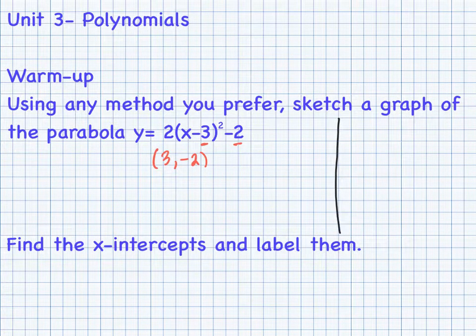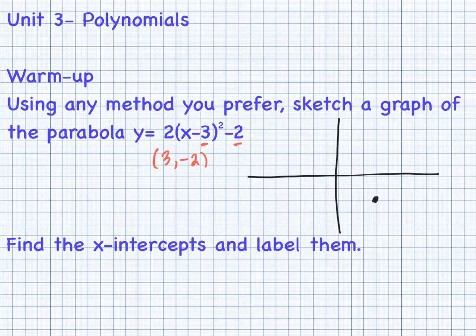So if we have the graph, and we graph the point 3, -2. The only thing we need to look at then is this A value in terms of what that does to our graph. And where a normal parabola will go out 1 and up 1, and then out 1 and up 3 on both sides, a graph that has 2 for the A value will go out 1 and up 2